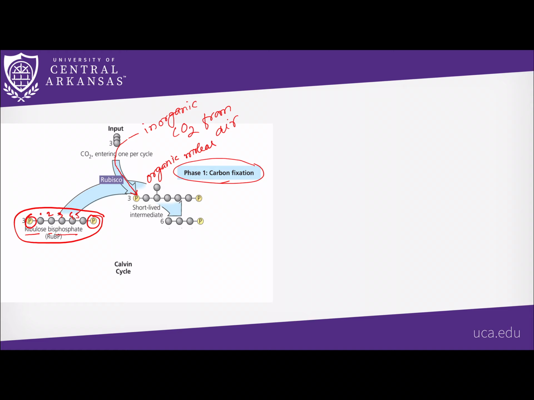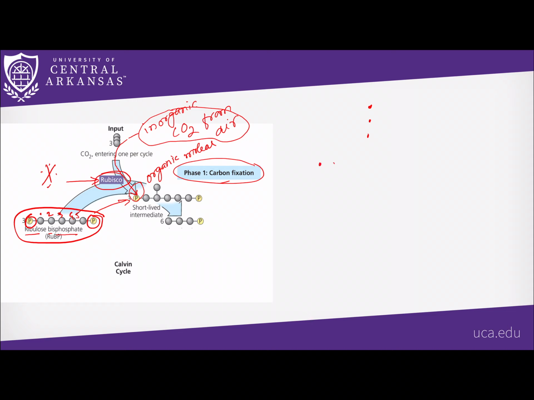This is the one which will accept the carbon dioxide, and this process is facilitated by an enzyme called RuBisCO. RuBisCO is an enzyme which I think is the most important enzyme in this whole wide world, because it facilitates the fixation of inorganic compound from air into organic compound. Now a 5-carbon with a 1 carbon attached to it becomes 6 carbon. So 3 molecules of carbon dioxide,